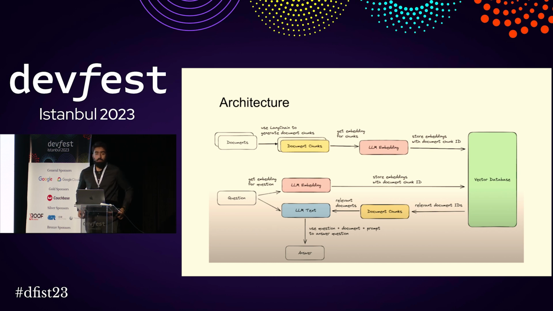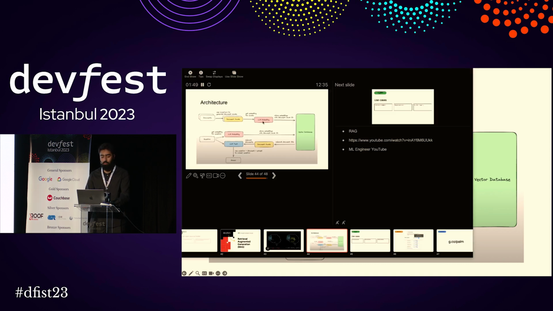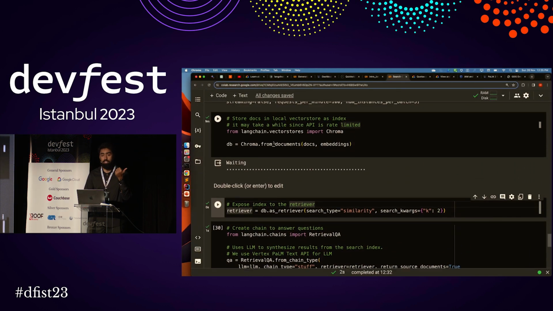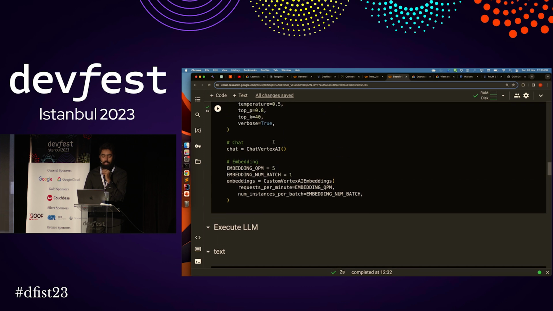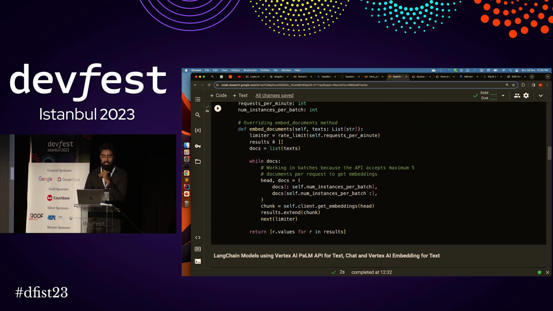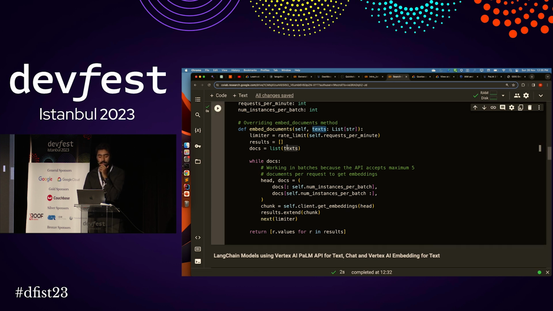Yep. And one more question. How can we convert that chunk into floating point? Yes, that's this part. So LLM embedding, that's what's mentioned here. We call Google's API, and we convert them to embeddings. And this is the method: you provide it with text, and what we are doing here is getting embeddings for this document.